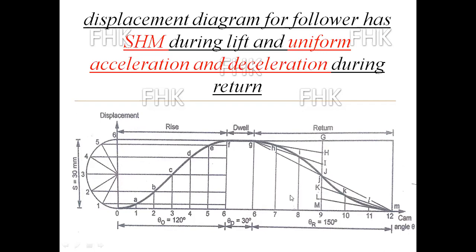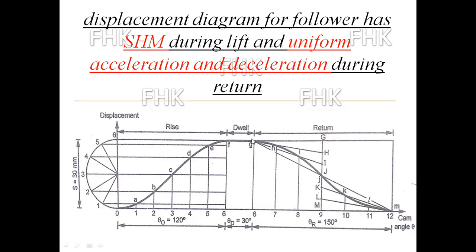Fifth vertical line and fifth inclined line: first, second, third, fourth, and fifth. That L and 12 is the fifth inclined line, and the fifth vertical line is the line passing through 11 number. That intersection point will be k. After k is L. And last, the sixth inclined line, that is small capital M and 12, and the sixth vertical line, that is 2.12, where it intersects, that point will be after L, that is M.